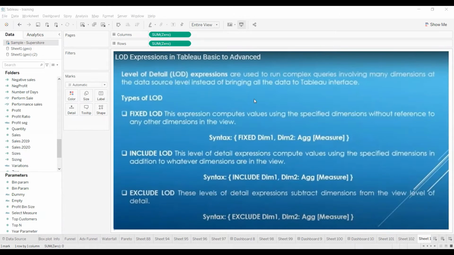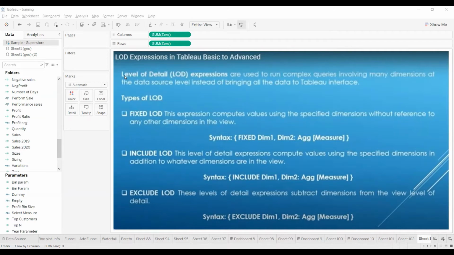Instead of doing the calculation at a view level, you can do it at the data source level. So this is called the data source. You have to do all the calculation at the data source level and bring those values into your view.